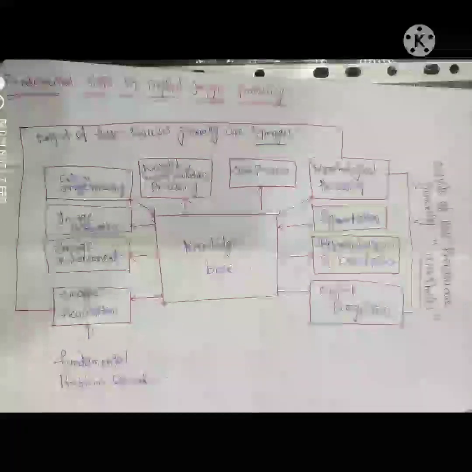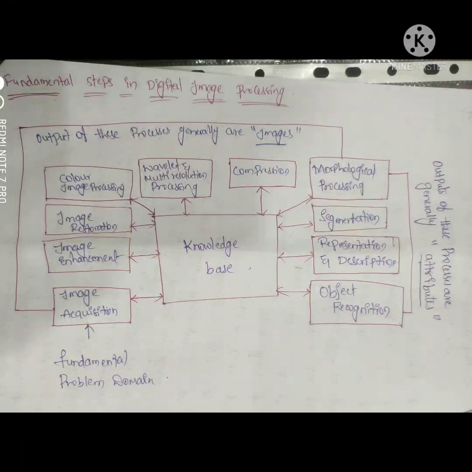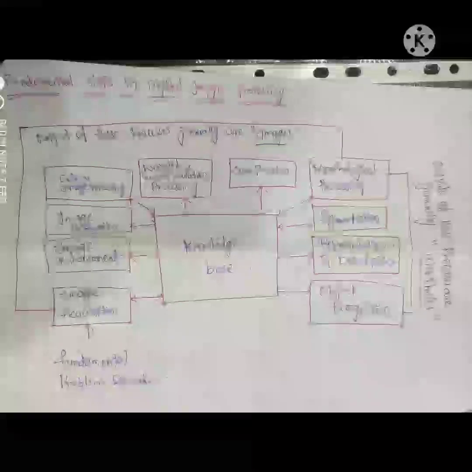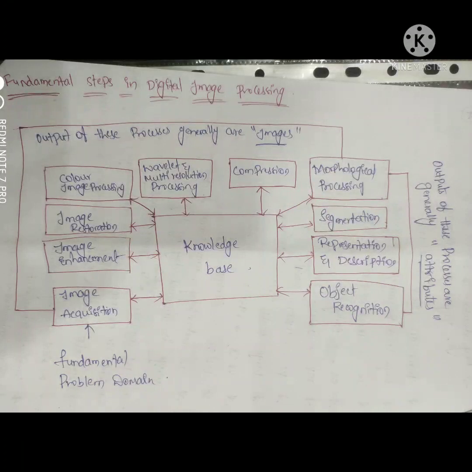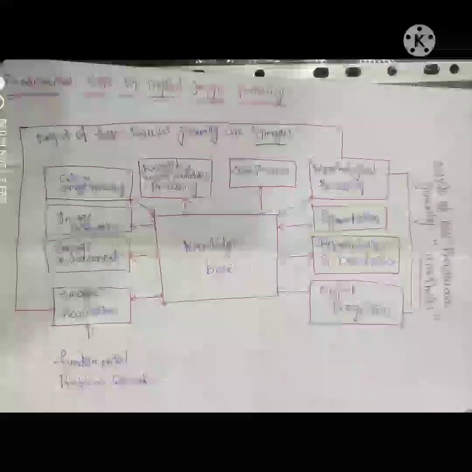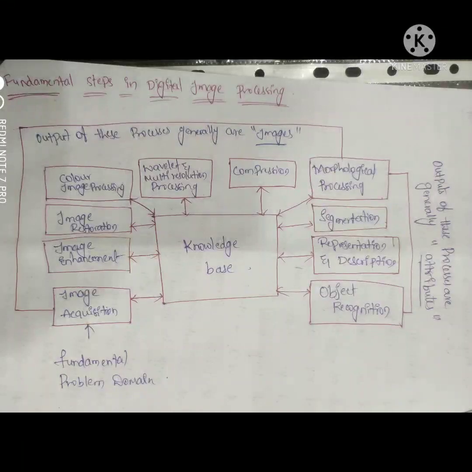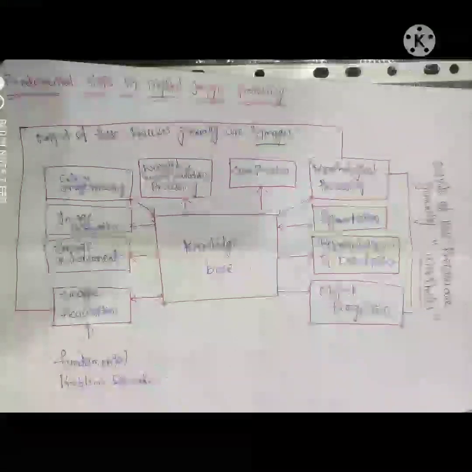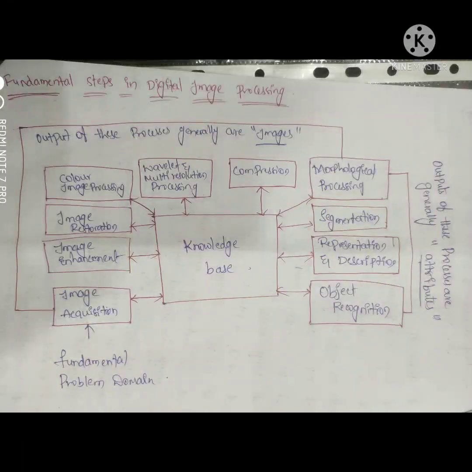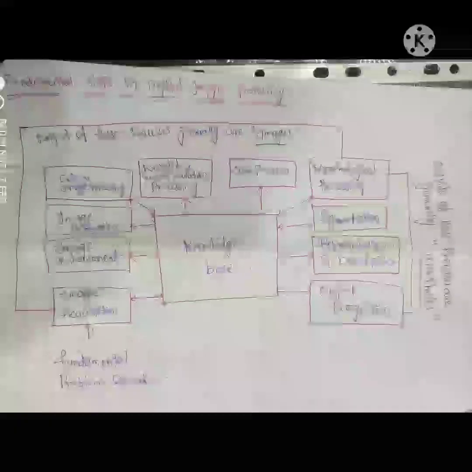Next step is image enhancement. This process is used for digital image adjustment so that results are more suitable for display and also useful for further analysis of an image, like sharpening of an image, brightening and contrast adjustments, removal of noise, etc. All these things can be done by using image enhancement. Simply we can say, image enhancement is done to modify an image to get clear visibility.